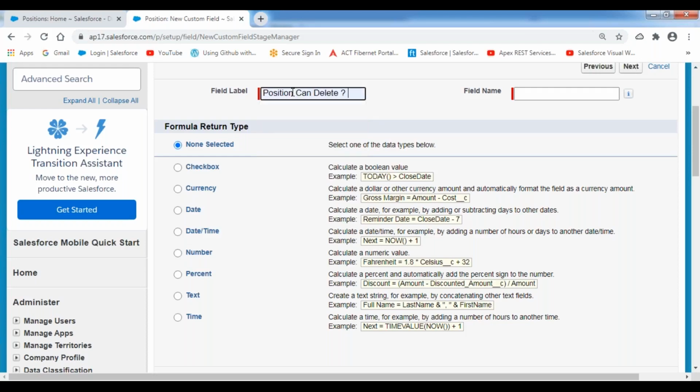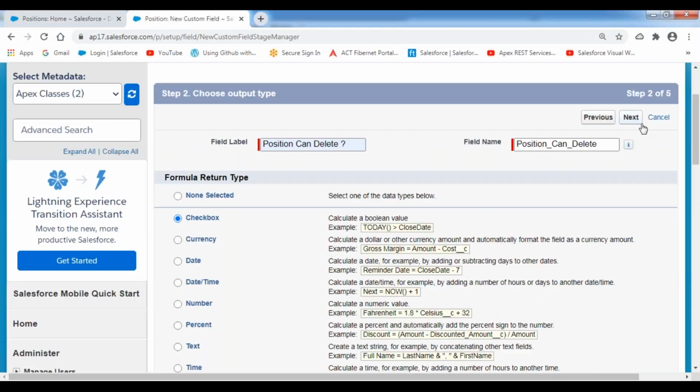Position can delete, whether the position record can be deleted or not. It indicates that if this checkbox is selected, it will be deleted by my job. If the checkbox is not selected, it won't be deleted by my job. So I'm indicating the return type as checkbox. Now click on the next button.